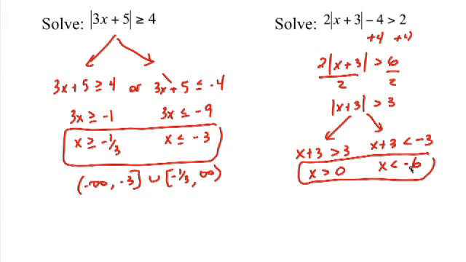So you have this or this, and again in interval notation, you notice we do not have equal to signs, so we are going to use parentheses. So start with the one on the left, negative infinity to negative 6, parenthesis, union symbol, 0, comma, positive infinity. And again, we use the parentheses because there were no equal to signs here. We used the brackets in the first problem because there was.